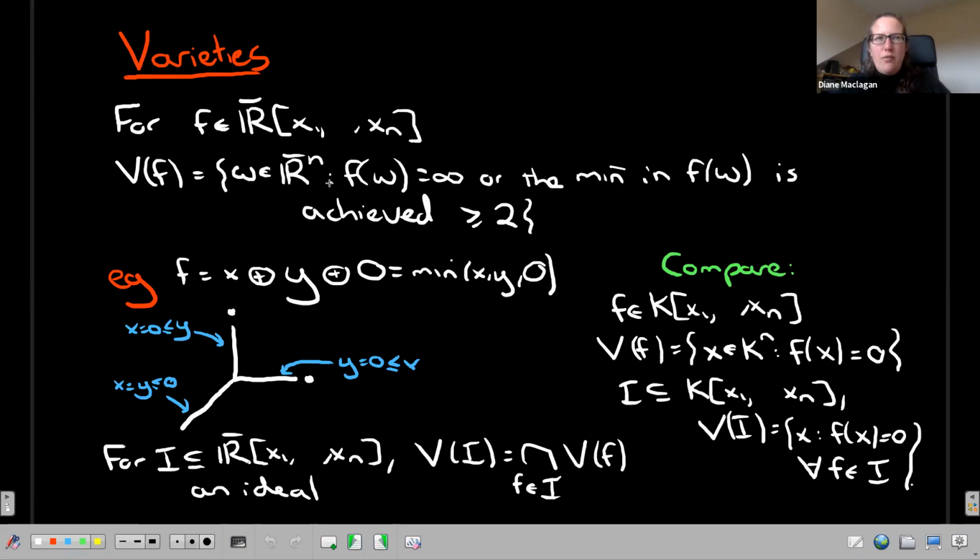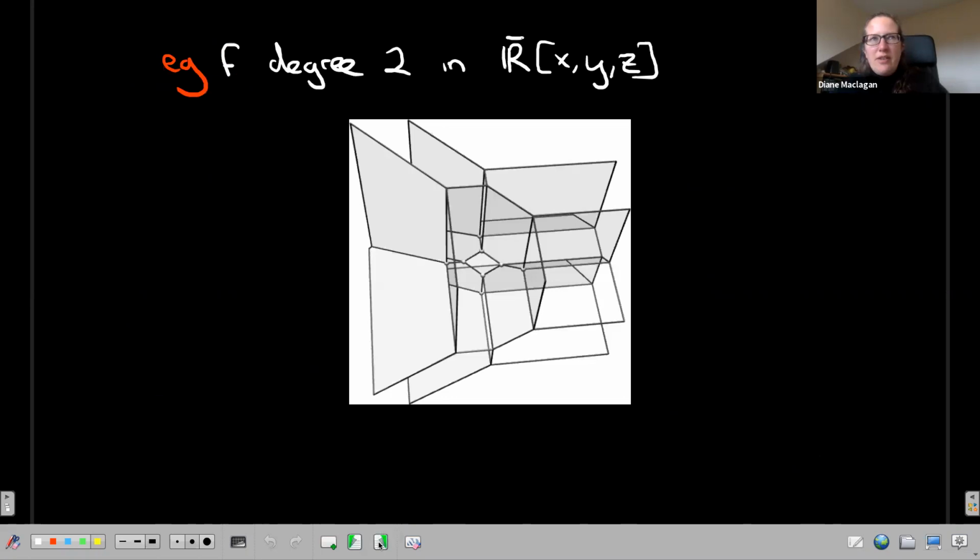Okay, so we start with a polynomial. In the semi-ring of tropical polynomials, we get a tropical hypersurface. We start with an ideal, we get the intersection of hypersurfaces. So if I show you, this is a picture of an example where f is a polynomial of degree 2